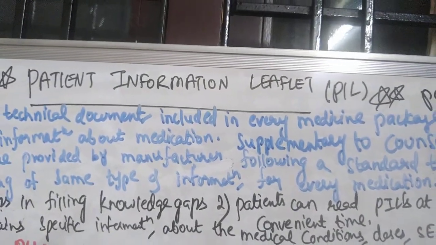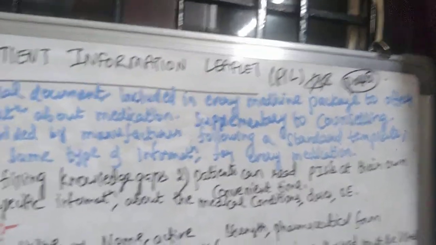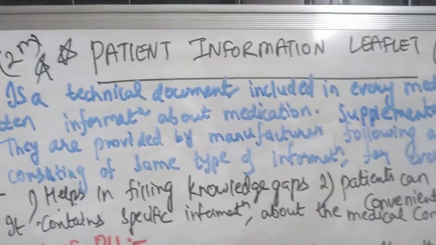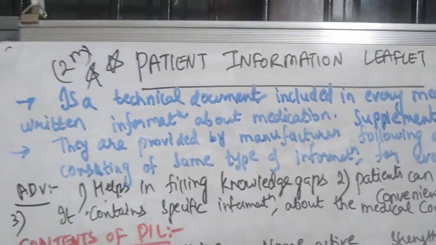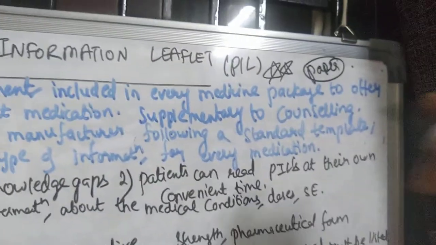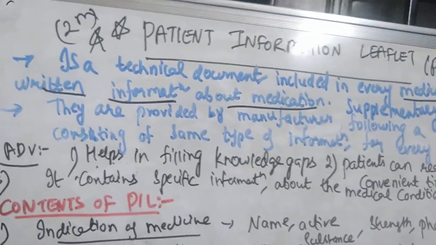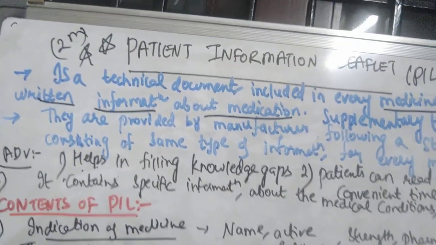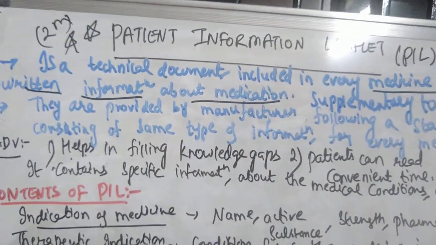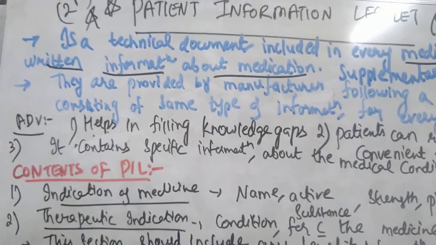It is a paper which will contain the information regarding the medication. So it will be not just the medication but in detail. What all it contains in detail we will discuss now. Coming to the definition, patient information leaflet is a technical document included in every medicine package to offer written information about the medication. So you have the medication information written on a paper. That written information is about how to use the medication, what are the uses, benefits, side effects, etc., dietary instructions,